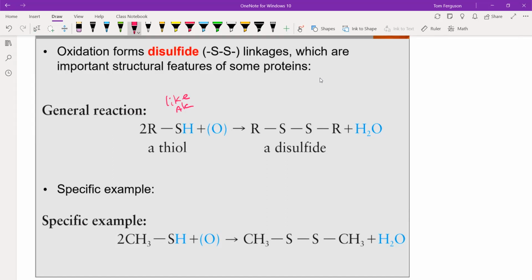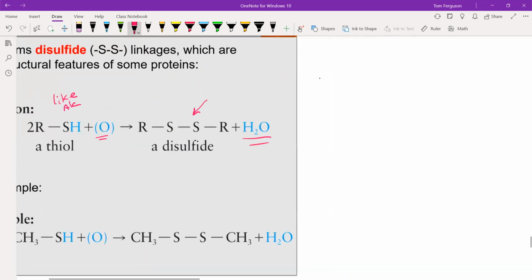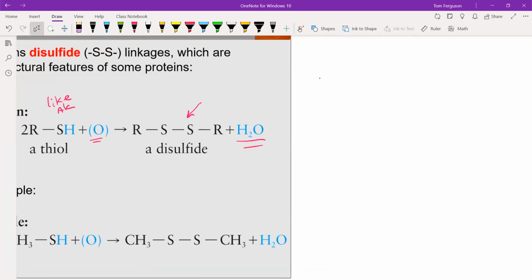So when you, under oxidative conditions, a thiol will combine together like this, kicking off water. Sort of like an ether, only an ether has one oxygen, this has got two sulfurs. And they connect together via the SH. So if we had something like this,